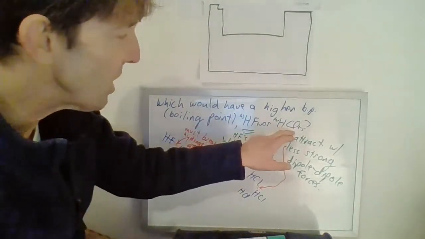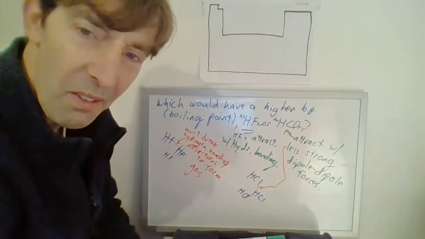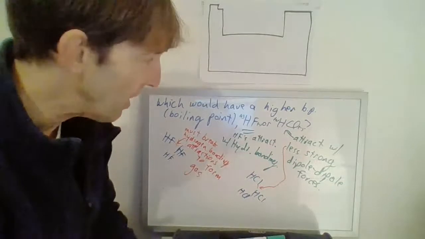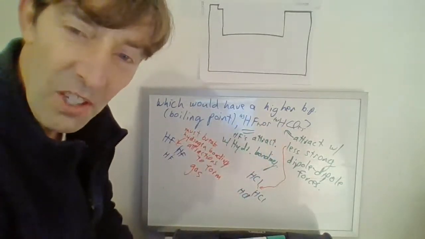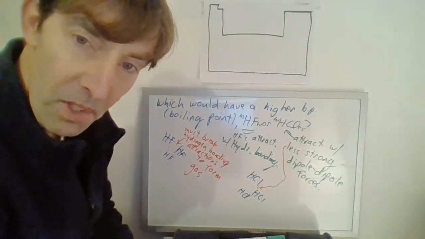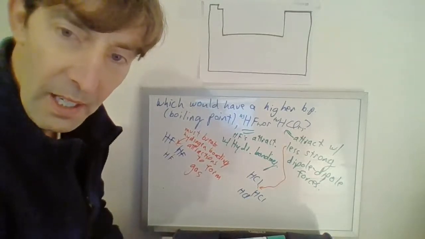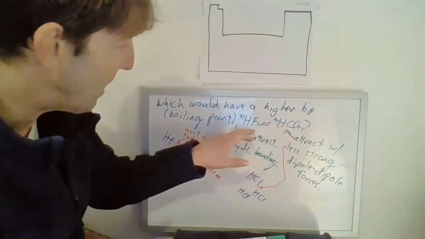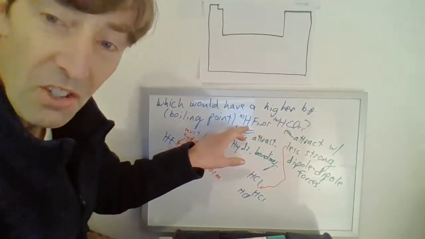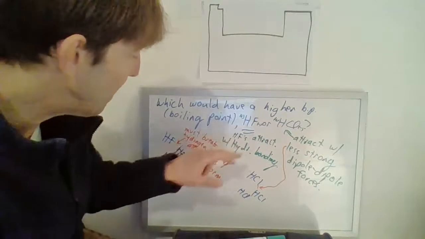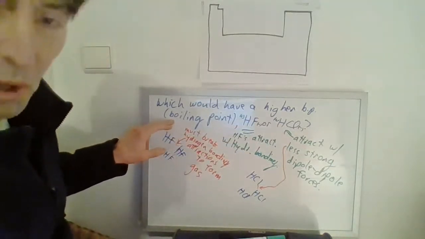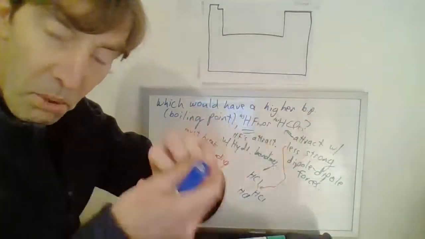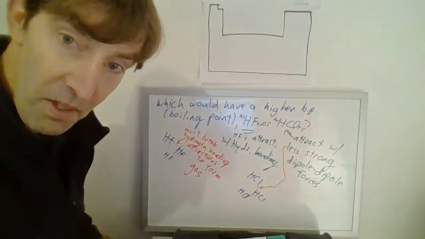If I had HCl in a bottle that was pure HCl, I usually give it to you as a solution, right? 1 molar solution or something. If I had pure HCl, it's a gas at room temperature. Isn't that weird? Usually I'd have it dissolved in water for you, so I make a solution. Pure, that's a gas, but pure HF is a liquid at room temperature. So it does have a higher boiling point because the attractions are stronger. Stronger attractions, harder to pull them apart and make it into a gas.